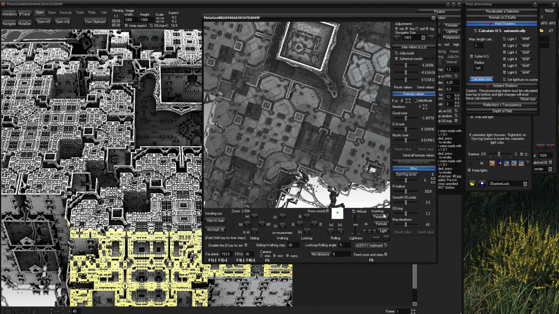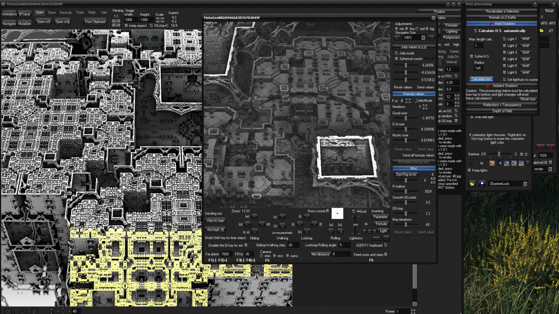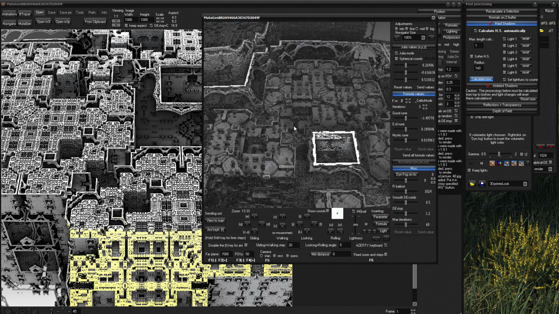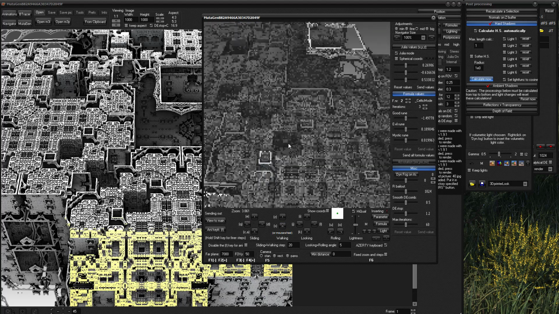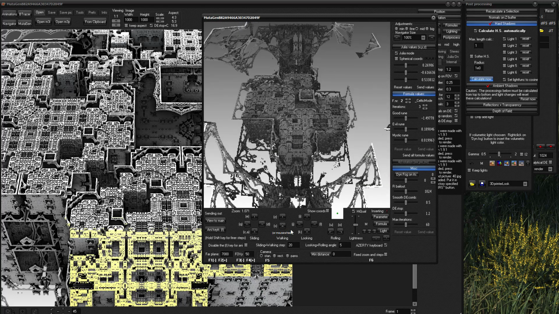I will reset this parameter, so parameters, formula, light, and I will make it a bigger number here, like 7,000, like that, and I think it's okay. Maybe change the field of view for the camera, and I will zoom out, so we can see the entire structure, you see. And from there, I add a keyframe.